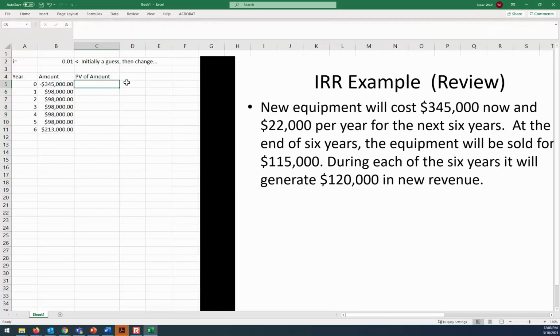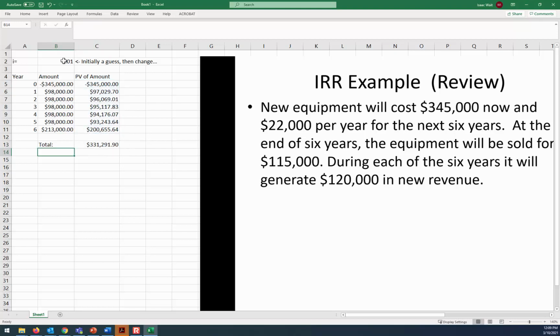Now the formula to calculate: we want to find out what interest rate gives us the sum of the present worths equal to 0. So we have to use the PV function. Start with this guess rate, the n, skip over the payment field, and put the minus amount in the future value field, and then drag that down. And then finally we want to know the total, and add that all up.